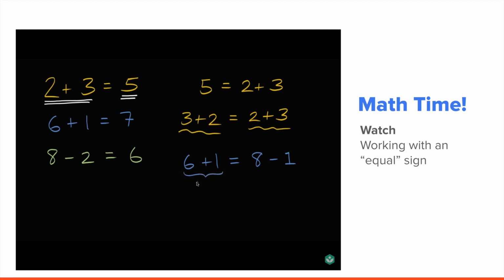What is 6 plus 1? Well, that's 7. What's 8 minus 1? Well, that is 7. So the equal sign does not mean just give me the answer or just add the numbers or subtract the numbers. An equal sign is saying that what's on the left-hand side is the same amount as what's on the right-hand side. So with that in our brain, let's write some statements using equal signs, some equations you could even say,